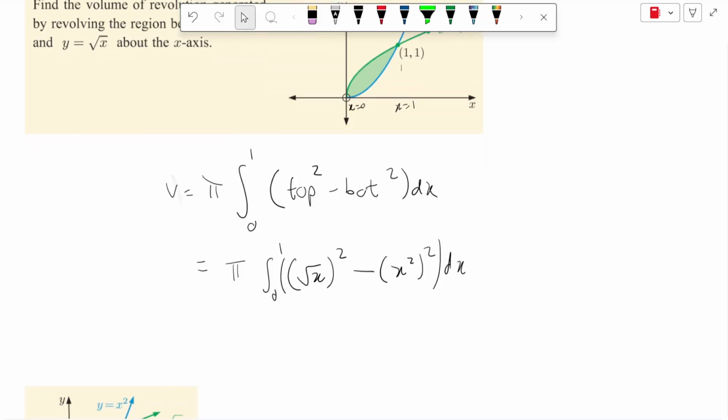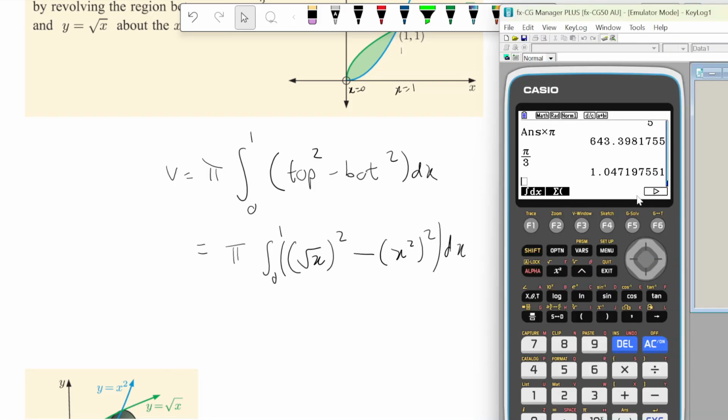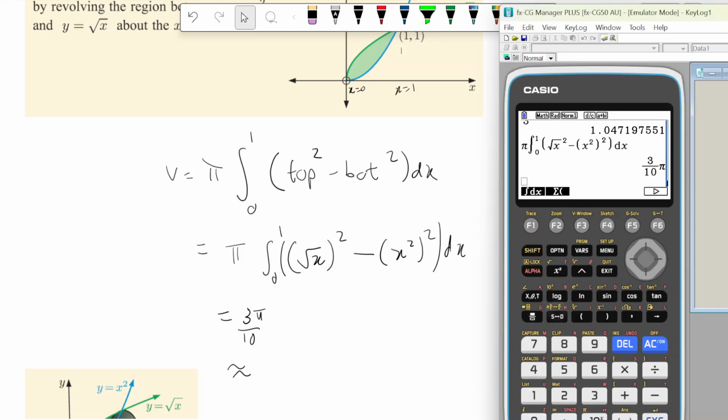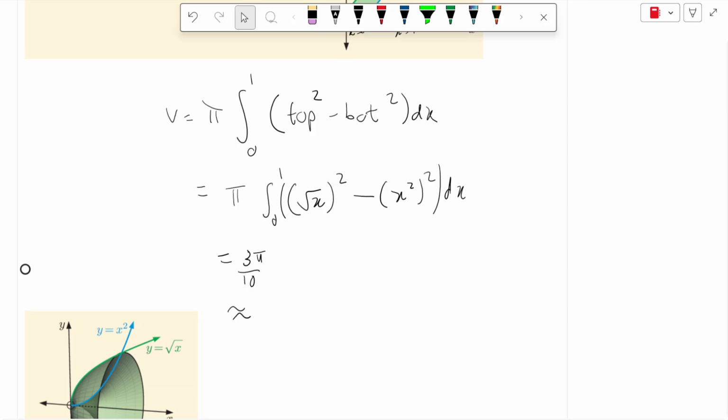Now, I've learnt my lesson. I'm not going to try and do this integral by hand. Let's do it on the calculator. So root x squared, take x squared squared, from 0 to 1. And let's put a pi in front as well. Do the whole calculation. There we go, 3/10 pi, which roughly equals, and we can hit S to D there, 0.942